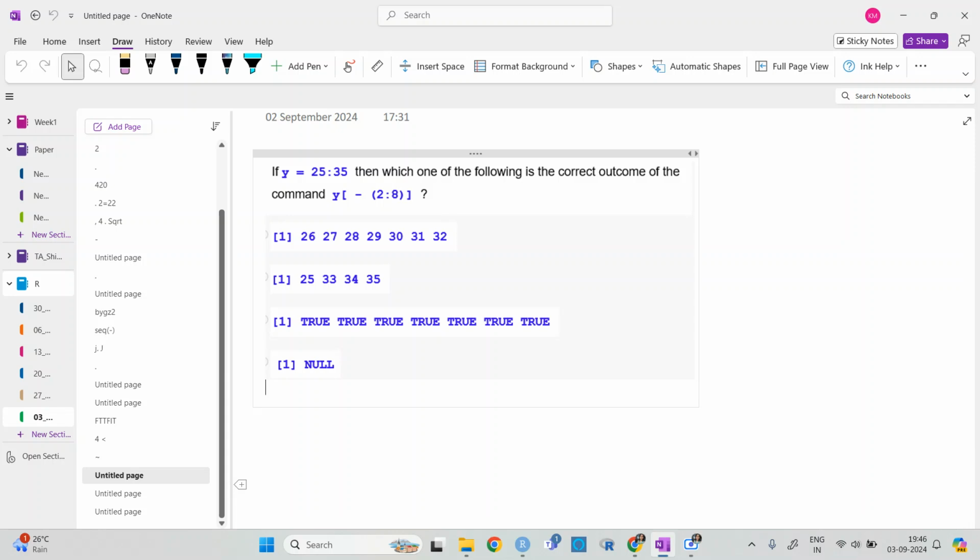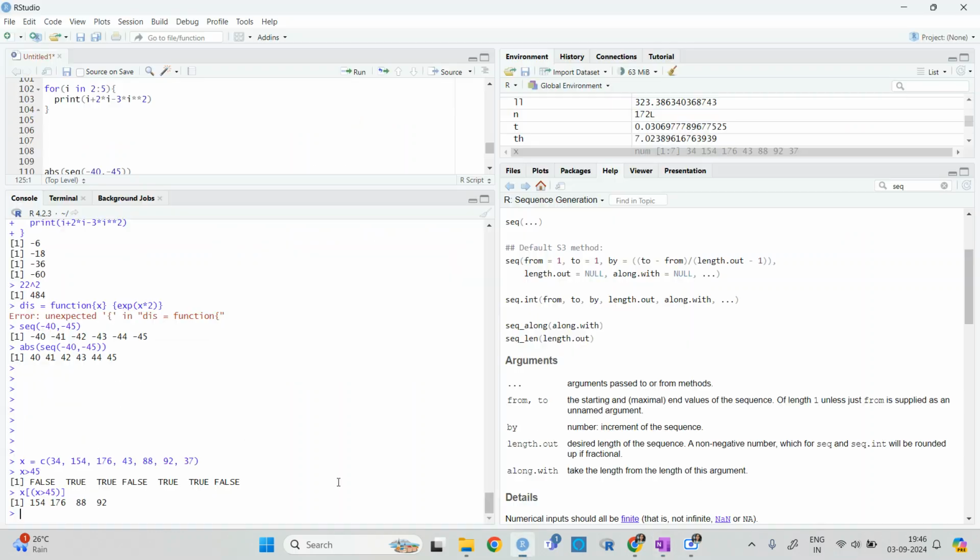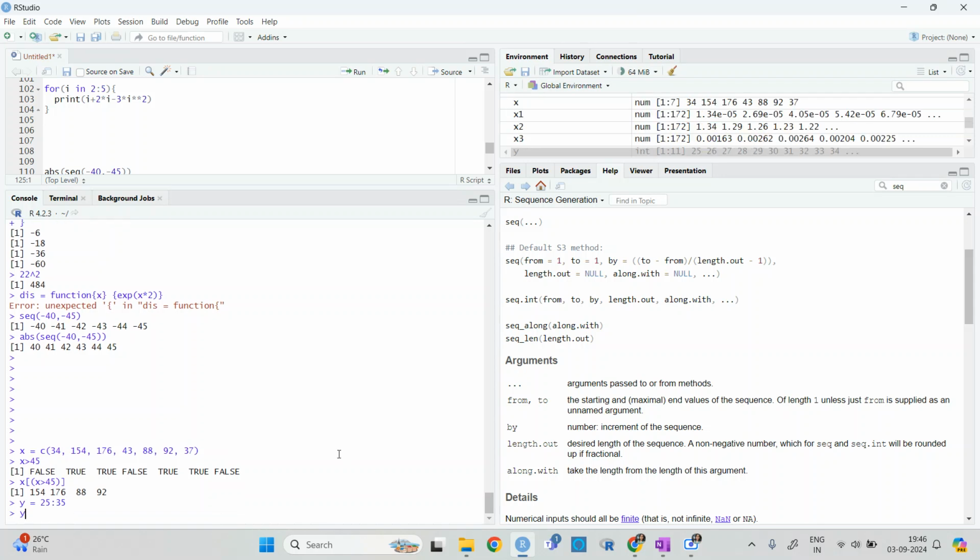Ma'am, what is the meaning of minus? Yeah, exactly. Let me tell you. So if you have y is equal to 25 to 35, right? Then to read those numbers, we write y2.